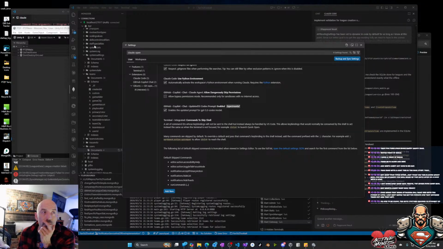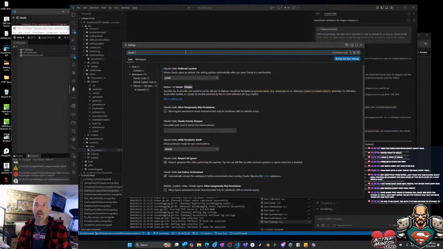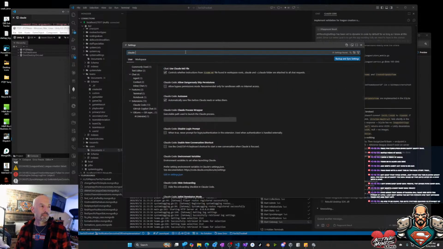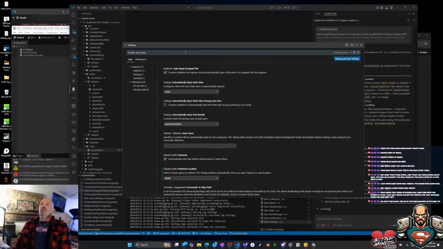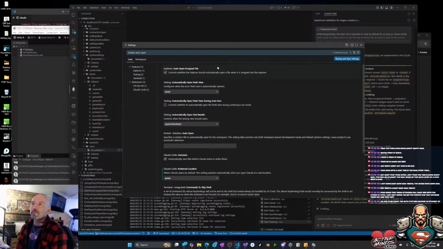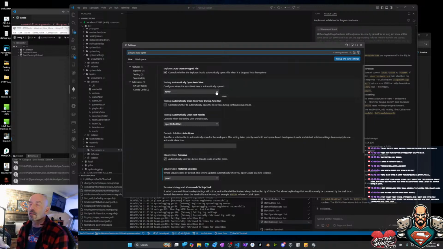Quad auto open. No, that's not a thing apparently. Configures when the air peek view is automatically opened.